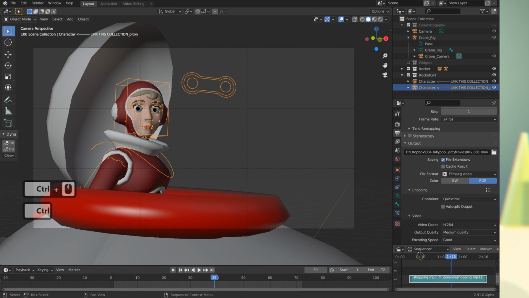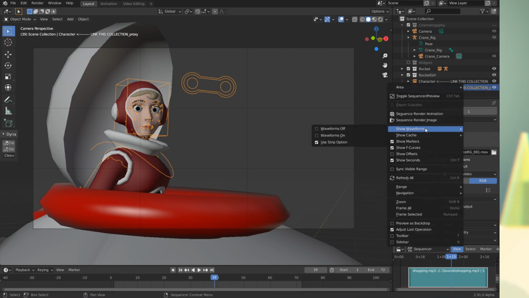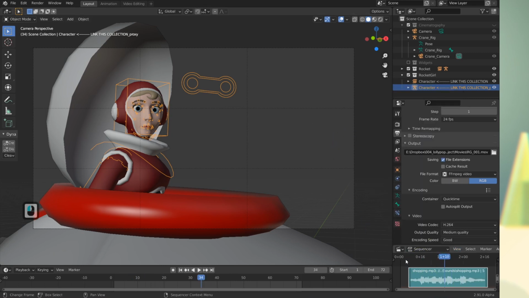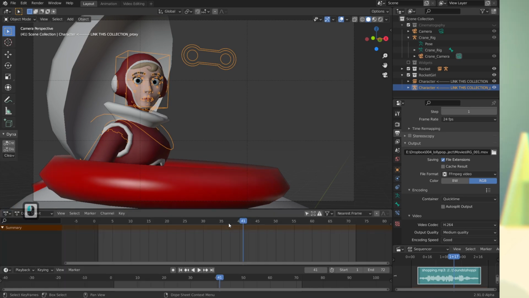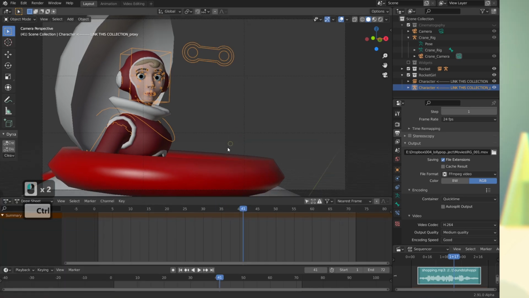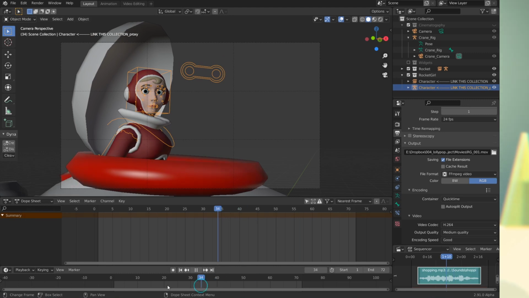Then I can just make him as big as I want, and make sure that I'm viewing the waveforms. And then I have kind of an eagle eye view of my timeline, which is this one here. And then I got my regular timeline with, for instance, my dope sheet, which is what I'll probably end up putting here. So I'll get my dope sheet here, my camera, this and that.